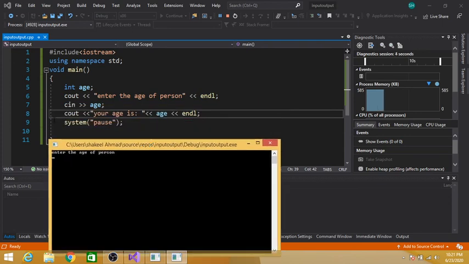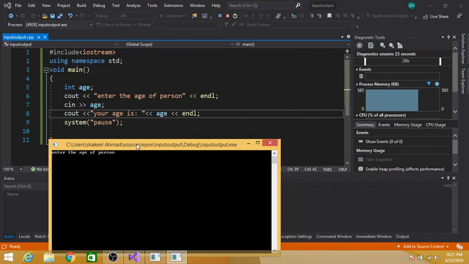So what is happening here? We are declaring an integer variable, and then we are displaying a message to the user so that the user can understand what he should do, because here only the cursor blinks. If we do not show this message to the user, then the user will not know what value he has to enter.